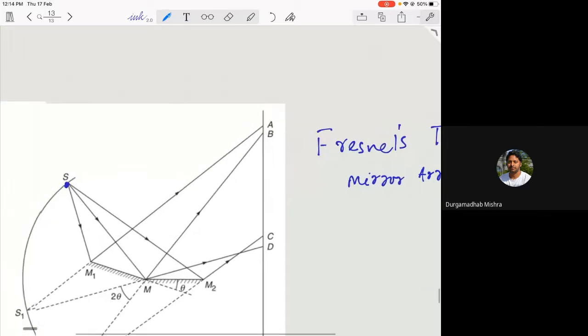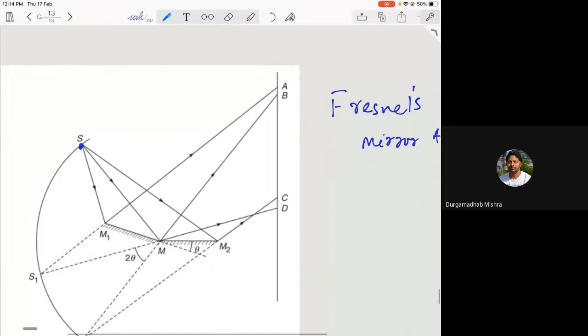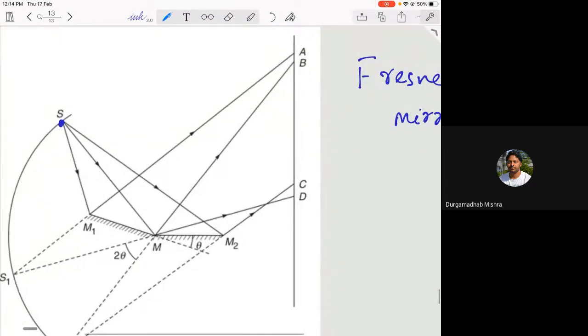Let me zoom in. He put two mirrors, M1 and M2. This is one mirror, this is another mirror. He put them in such a way that the light comes from the one source